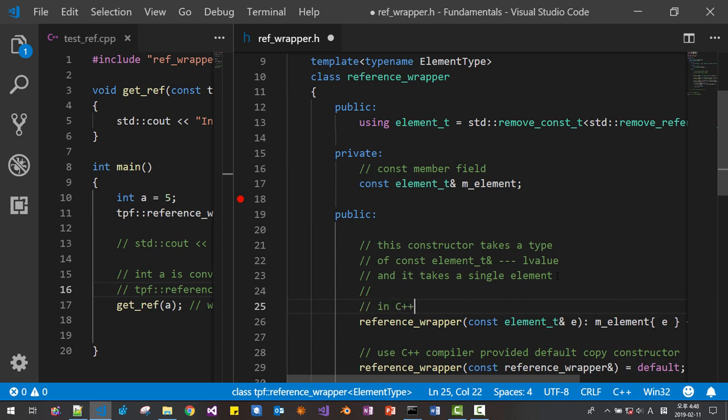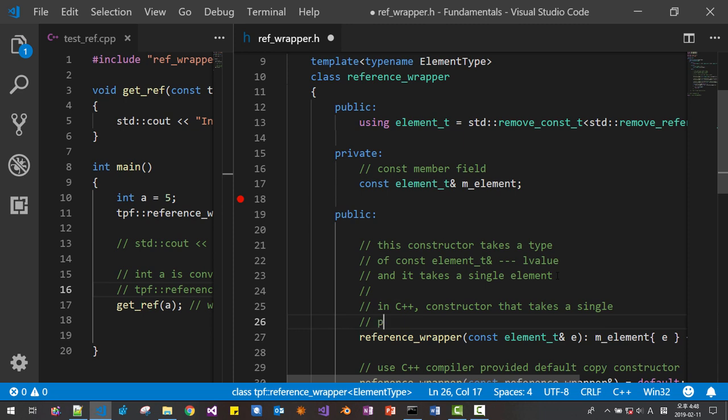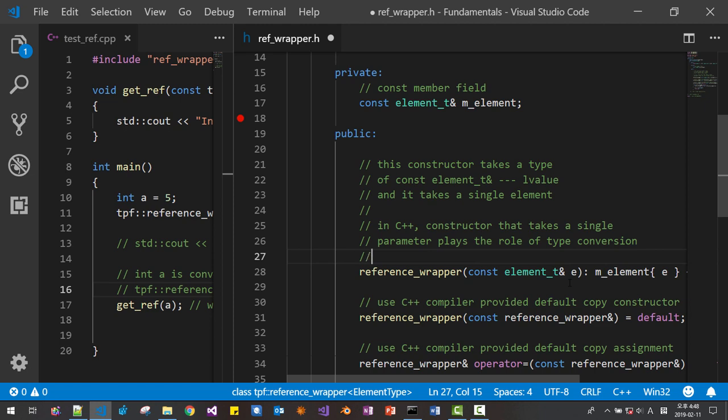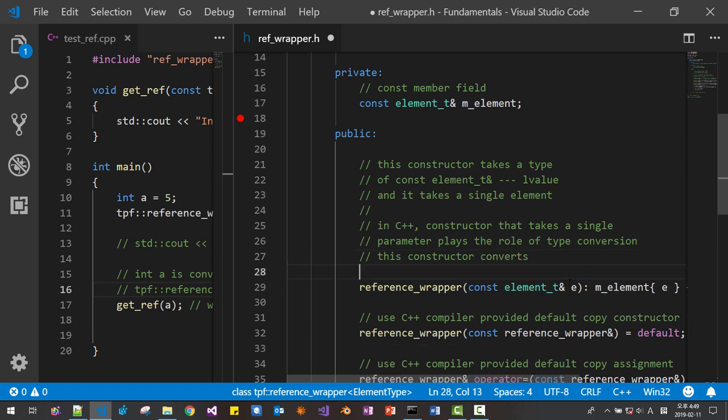In C++, a constructor that takes a single parameter plays the role of type conversion. This constructor converts a const element T reference to a reference wrapper. Okay,